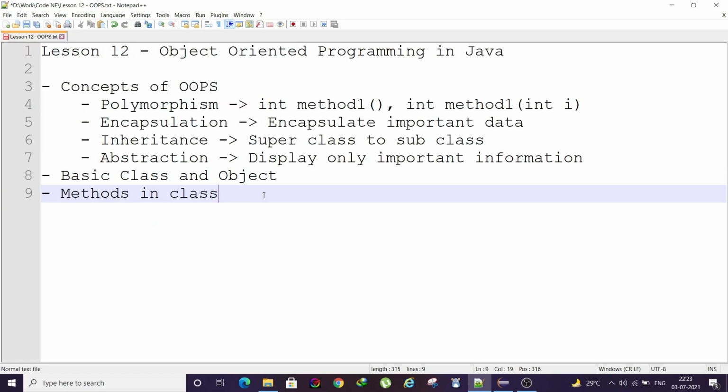Hope the concept of OOPS and how class, object and methods work together is clear to you. As we move forward in our course, we will get a better understanding. Right now, in this first class of object oriented programming, it may look a little complicated, but as we progress you will better understand how objects work, and how these different concepts of OOPS come into play.